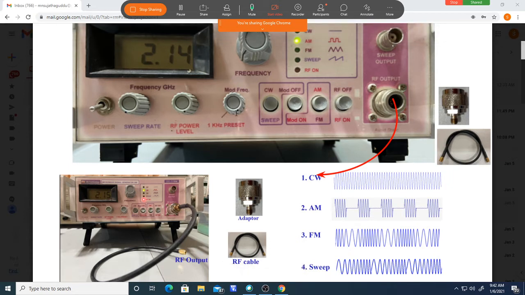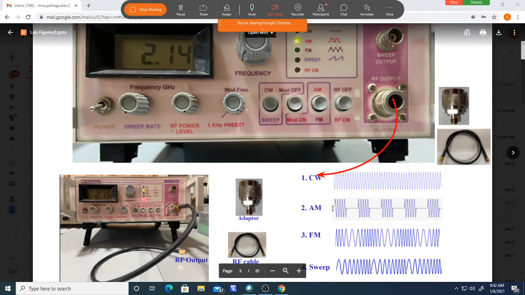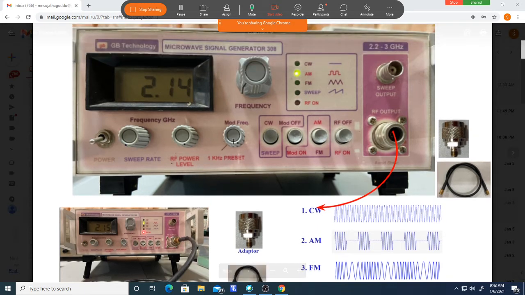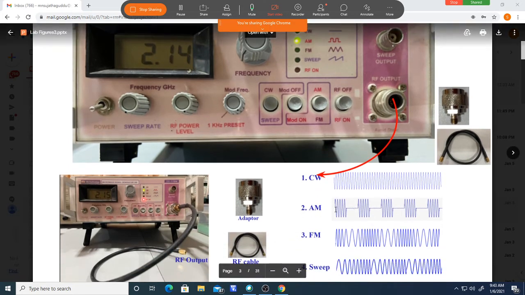Modulating frequency, keep it in the leftmost position, the switch off position, then 1 kilohertz is the modulating signal. Usually we keep it at this position. Leftmost position, switch off position, means 1 kilohertz square wave modulated. Also, we are not using this triangular FM modulation, don't bother about that. So this is for selecting the modulating signal frequency for this AM wave.